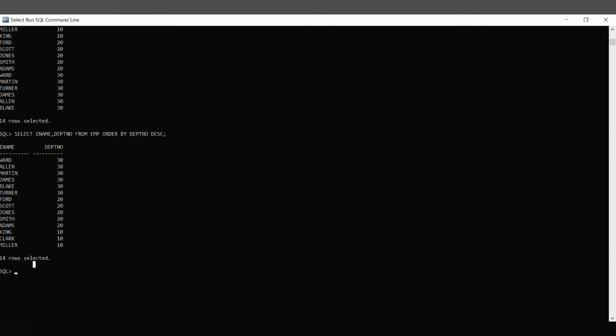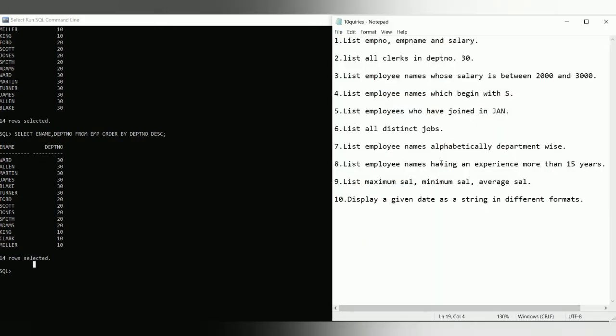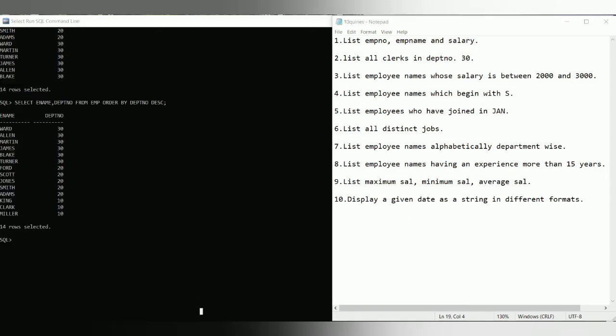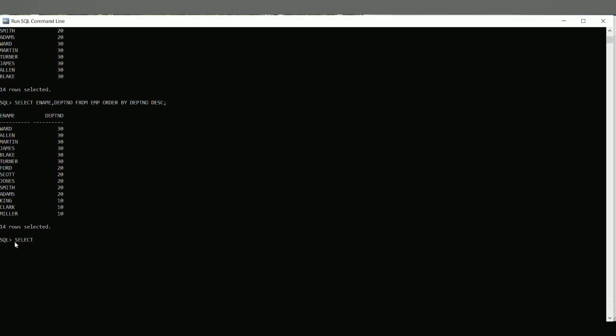So we have to work with another query. List employee names having an experience of more than 15 years. What is the query? Ename comma round off months_between sysdate comma hire date by 12, to avoid the floating values. From which table?